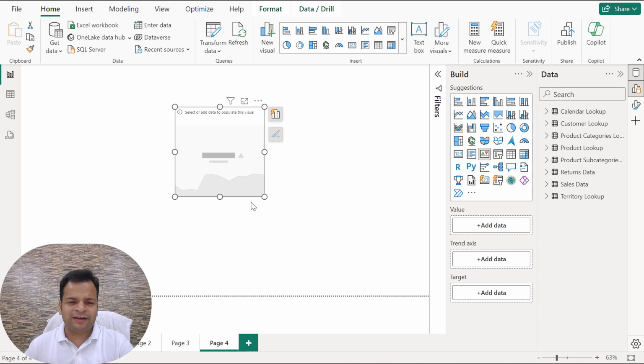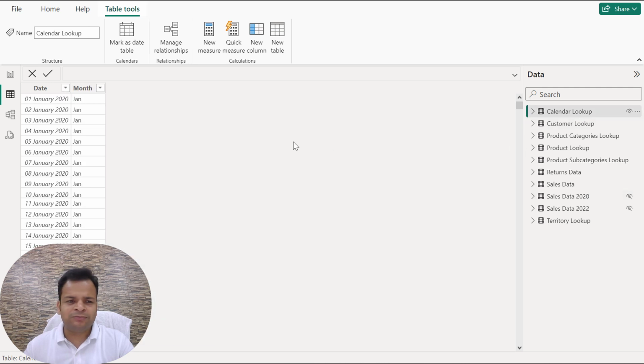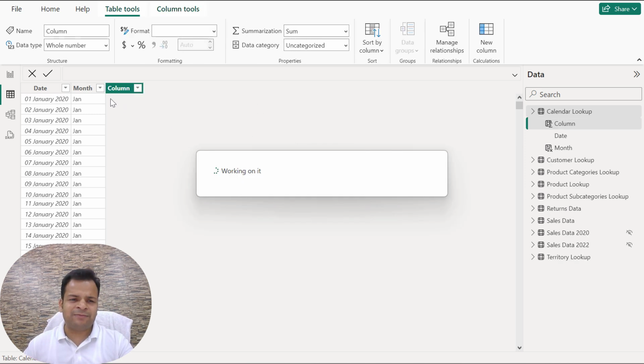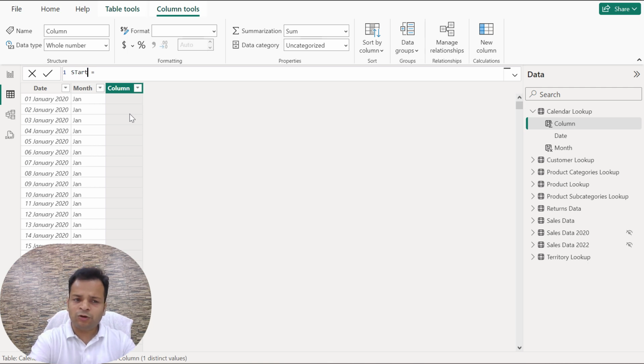Now to start with the KPI card, I want to do one more thing with my DAX. If you see here in the calendar lookup, I have various years now, and I have various months. So I'm going to add a new column, that is a custom column. Let's say I am adding start of the year, or rather, I'm not adding start of the year, I'm adding start of the month. Why am I adding start of the month? It is going to provide me every month's start date. So we will have, let's say, 3 years or 2.5 years, and it is going to provide the number of months according to that. And since I am using start of the month, it is by default going to provide me the year also.